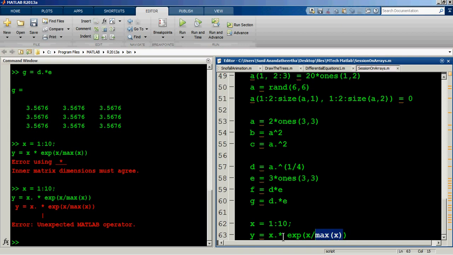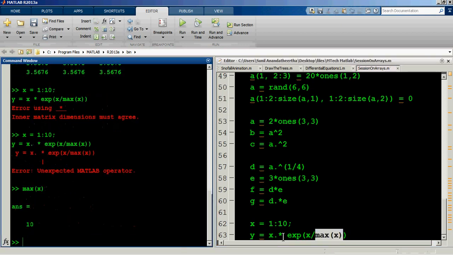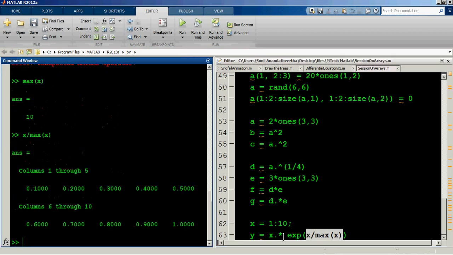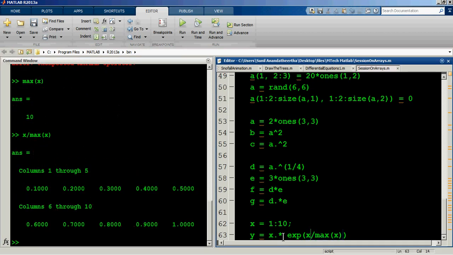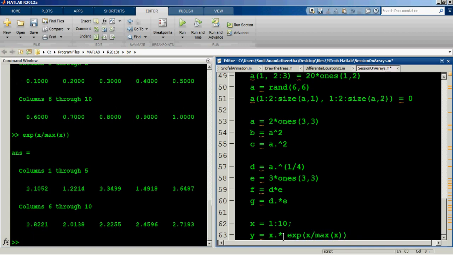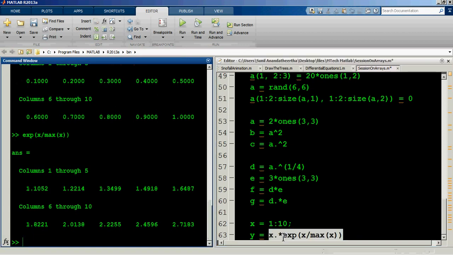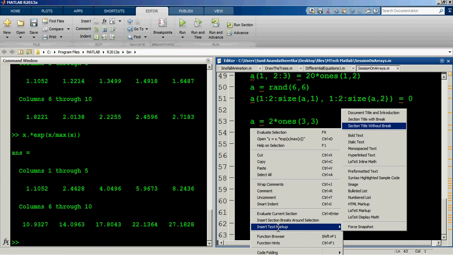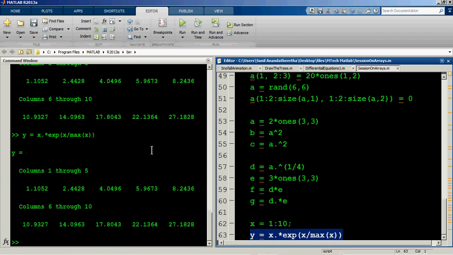When you get an error, it is better to check it one piece of the code at a time, and this works fine, wonderful. This is also going to work, and this is also going to work just fine. So when we are multiplying this, let's see what happens. This also works wonderfully fine. Probably the reason we got an error was that we had a space there which we should not have had, and when you evaluate this selection, now it works.